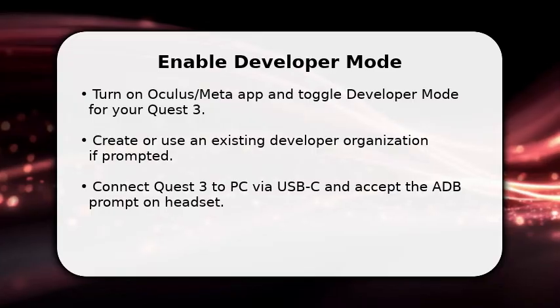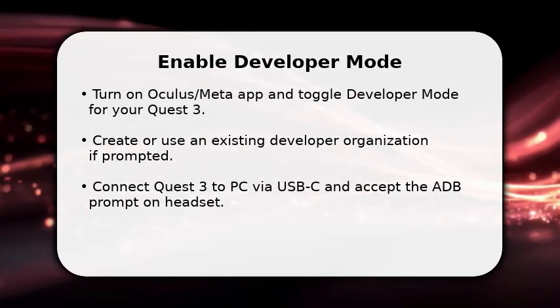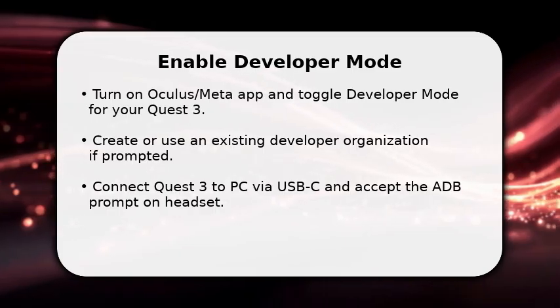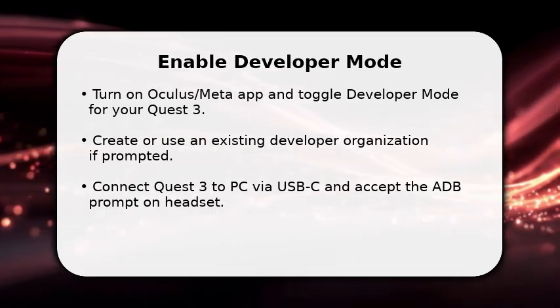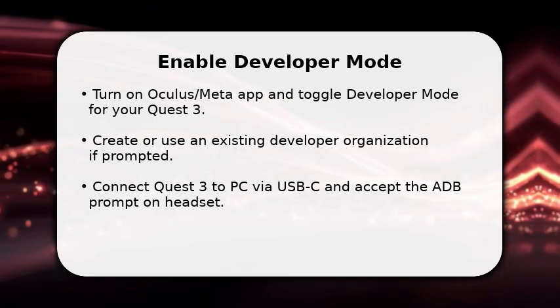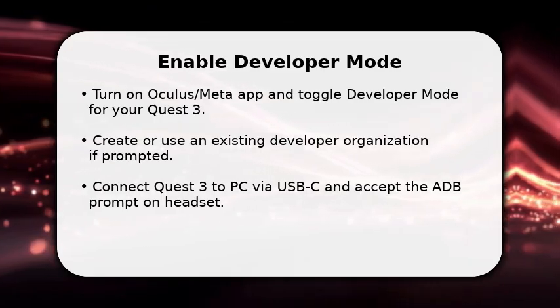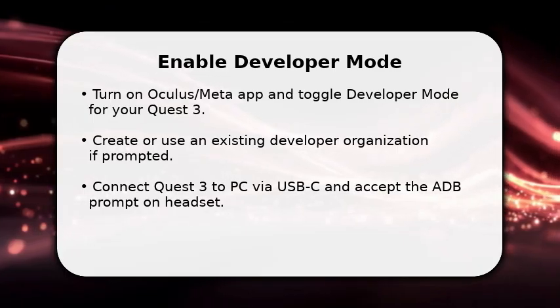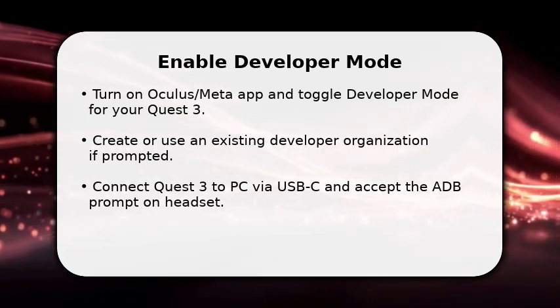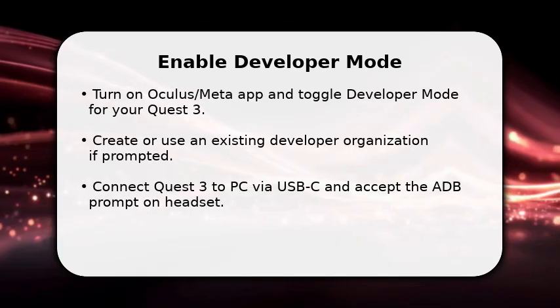Enjoy the video. You start by enabling developer mode and making your headset visible to your PC. Once done, create or confirm a developer organization inside the Meta app. This unlocks sideloading. Make sure your Quest 3 is connected by USB-C and that you accept the ADB authorization prompt